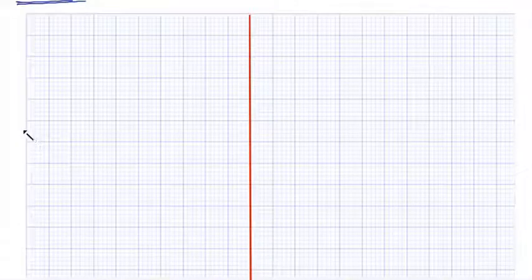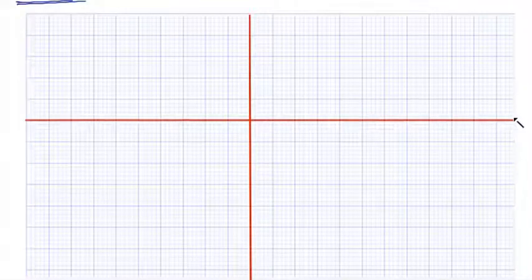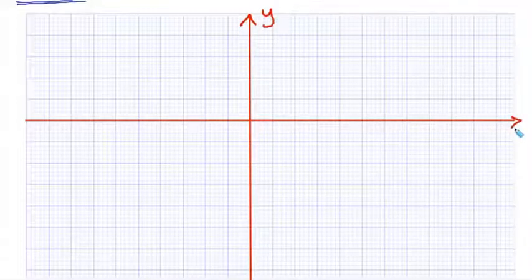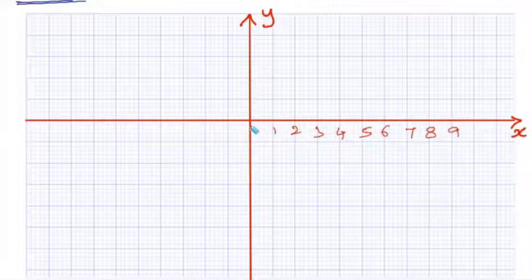So let's draw the grid first and draw the x and y axis. So this is the y axis and let's draw the x axis as well. And given we need to take 1 centimeter as each unit. So let's draw the numbers as well. So like 1, 2, 3, 4, 5 and -1, -2 and -3 and so on,